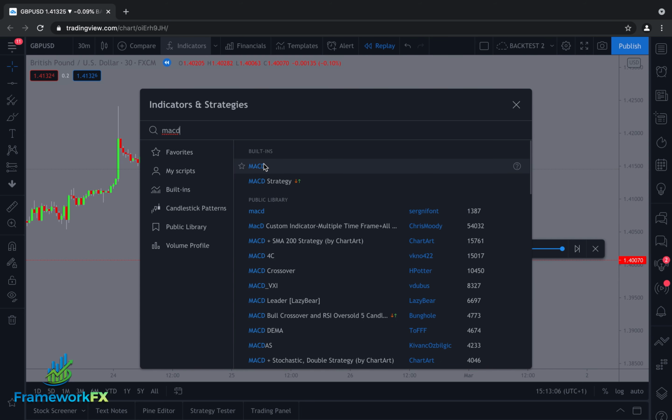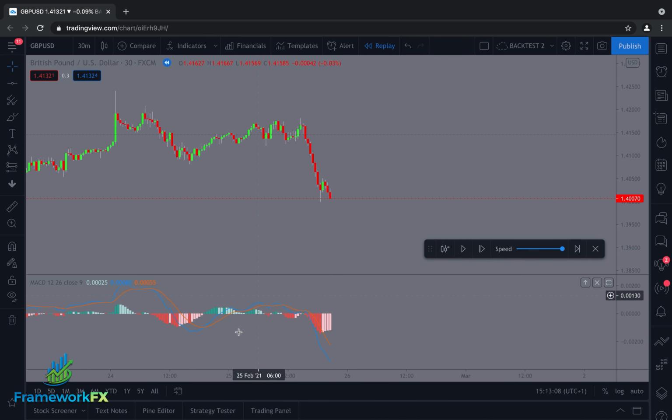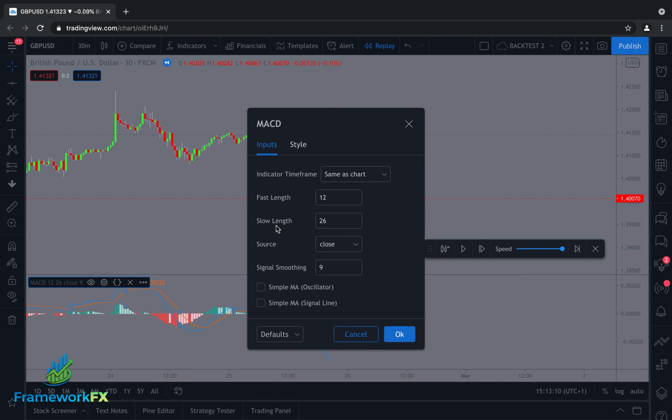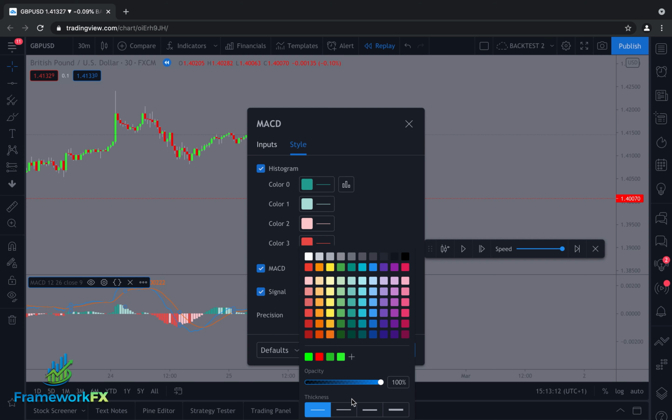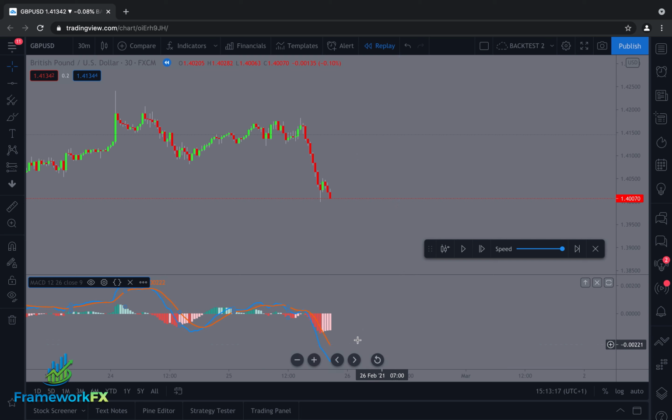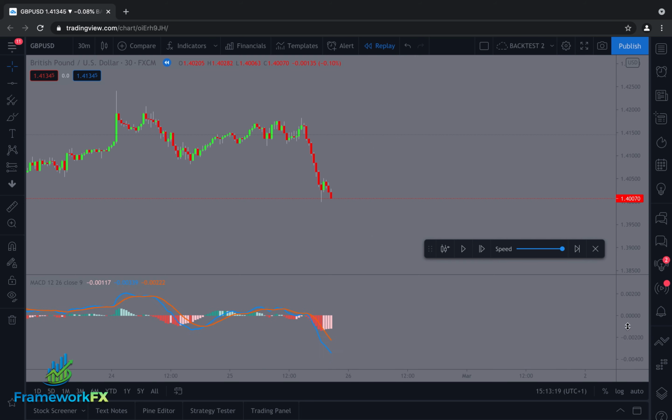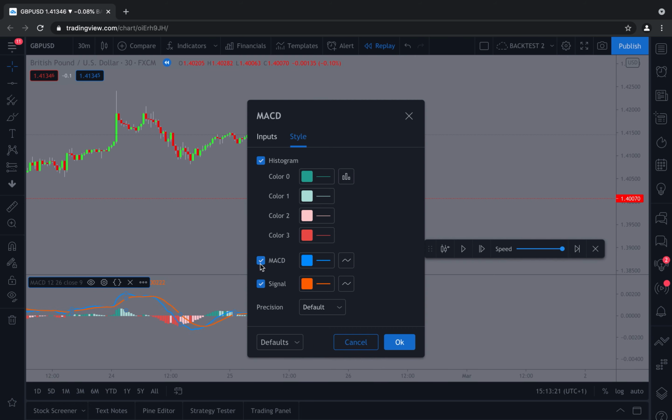We come into the indicators and pull it up here, and this is what it looks like down here. Let me make this a little bit more obvious. Right here. As you saw there, I'll just bring it back up again. We have two lines. We have the MACD line, which is blue, and we have the signal line, which is